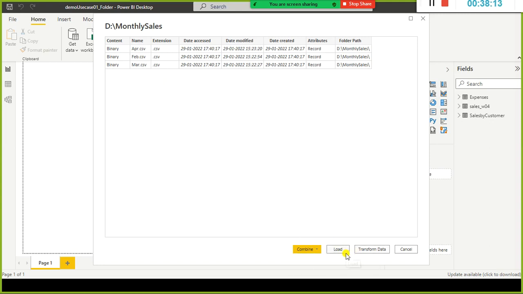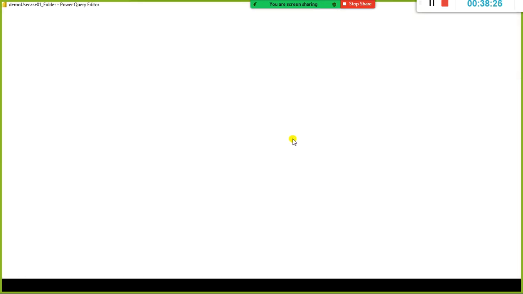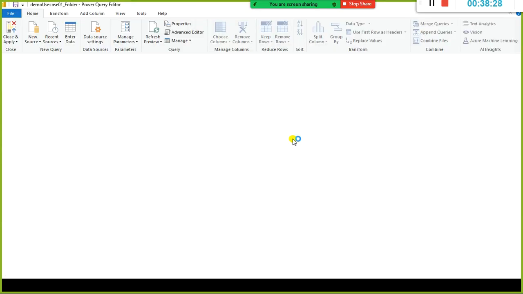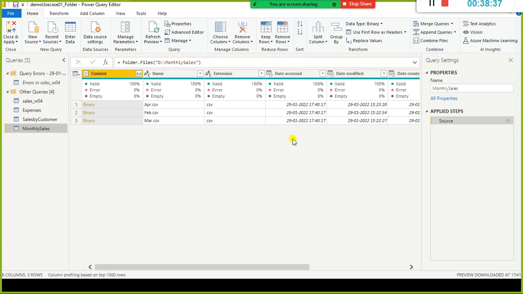What I do is, I don't want to load these 3 files one after another. Instead, I don't want to use this option. I simply hit this button, transform data. Fine, everything got loaded here, but we could not see the data here, right?